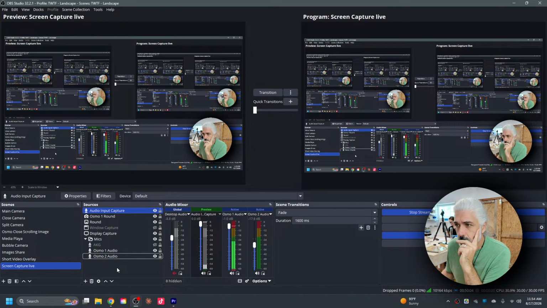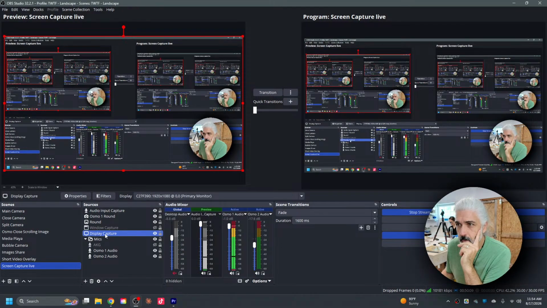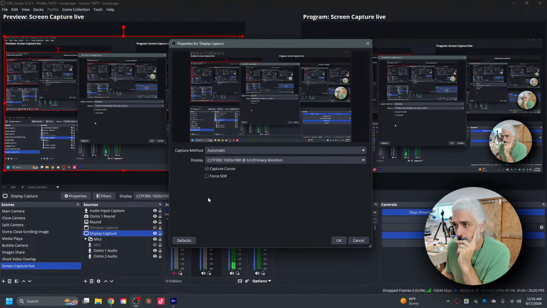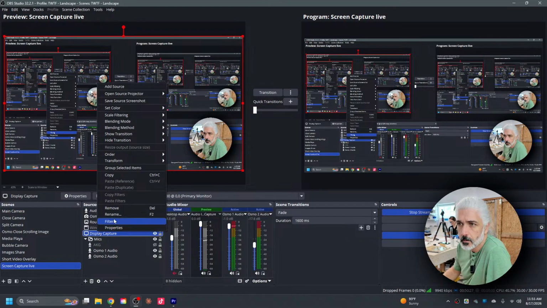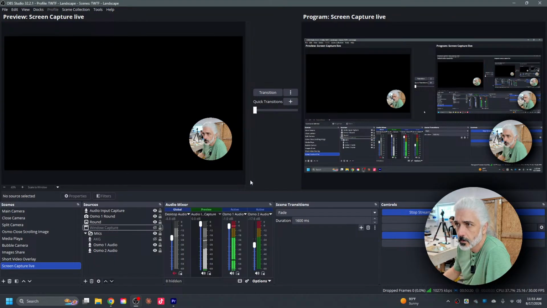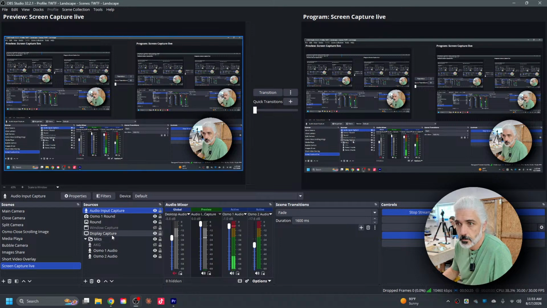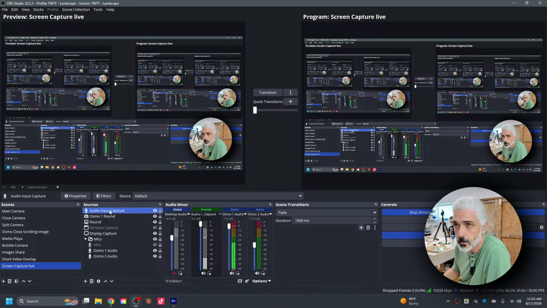Yeah, I should be able to see the audio. Let's see if the display capture has audio. Capture automatic. No. Remove. Uh-oh. Don't remove that. Check. Okay.